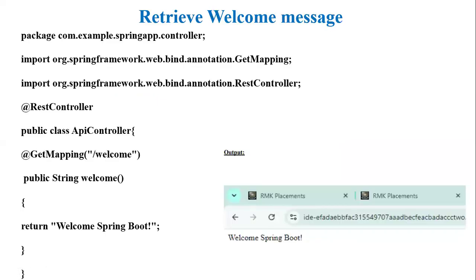So for the very basic first step, we have to include the necessary packages. In this, first we have included a package called com.example.springapp.controller. It organizes the classes into a specific folder or namespace so Spring Boot can locate and manage the controller properly. And the second package is import